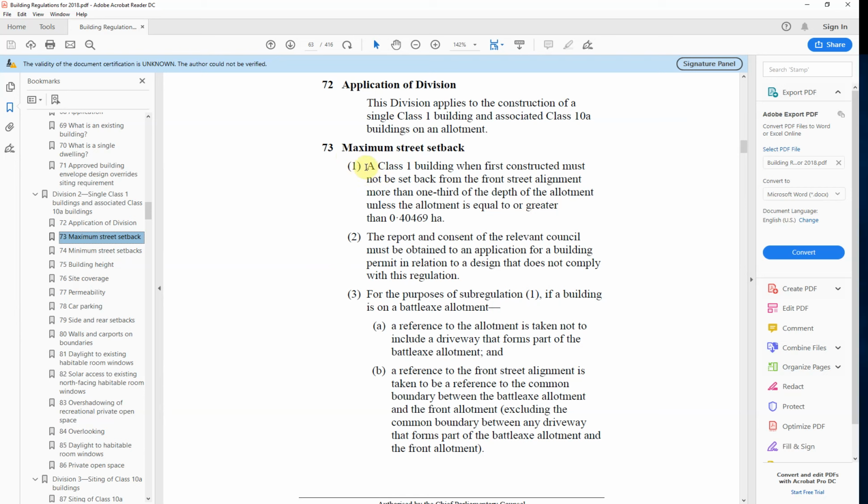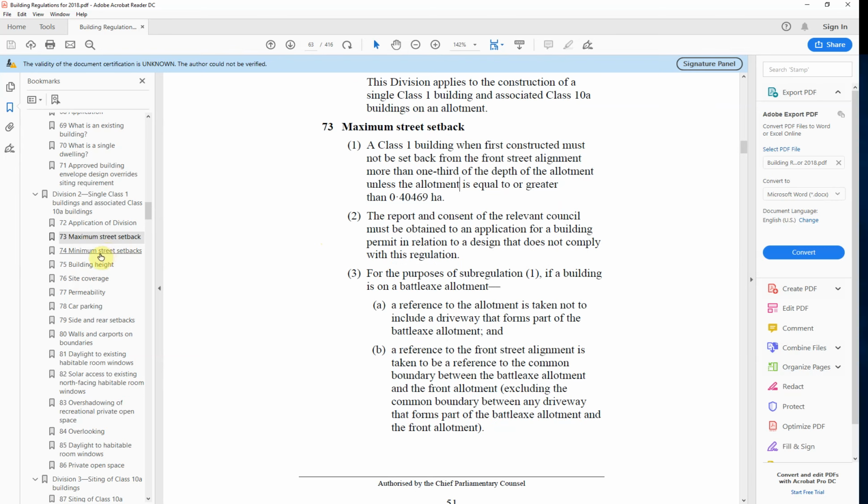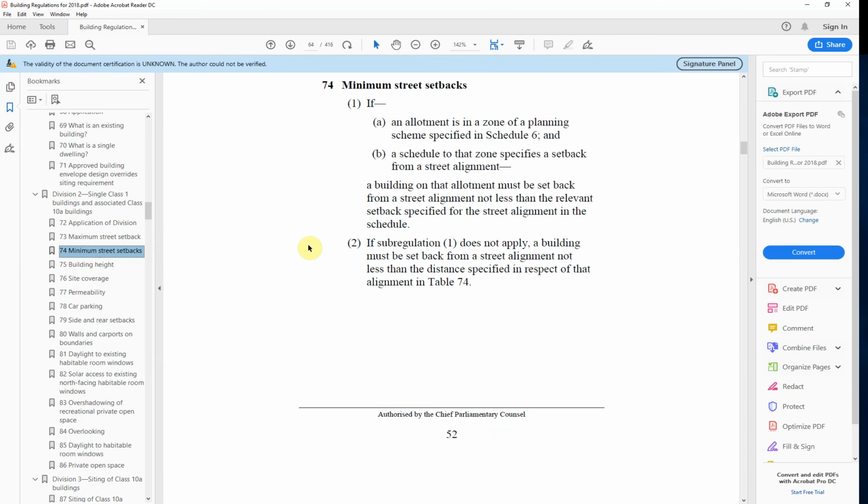And it says here a class 1 building, when first constructed, must not be set back from the front street alignment more than 1/3. There we go, that's the magic number there. So no more than 1/3 of the depth of the allotment. Well, if I go back 1/3, it's 10 metres setback. It's just crazy. Now, if I scroll down a little bit, okay, and I go to my minimum setbacks,